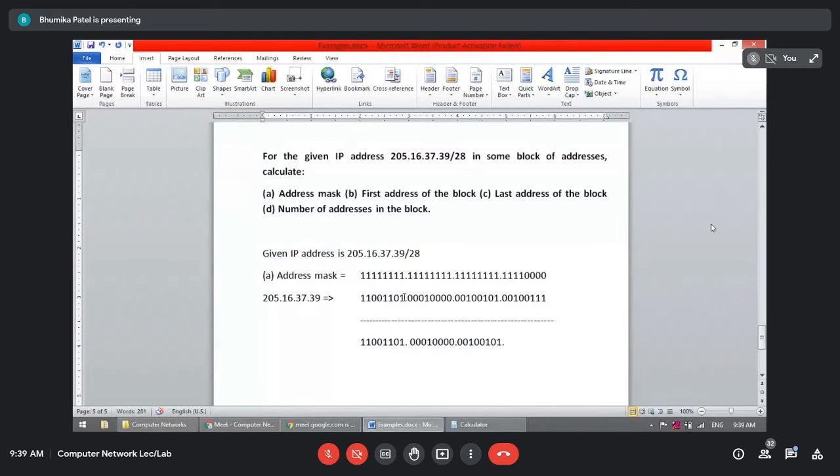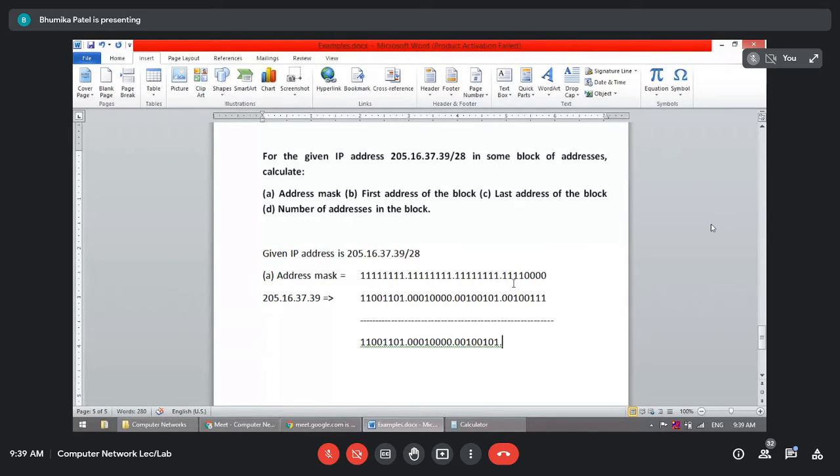If you compare and find, our answer will come out the same, because if we are having all ones, the remaining will have this portion, and any 0 will give 0. So obviously wherever there is 0 the result will be 0, and wherever there is 1 it will be 1, right?